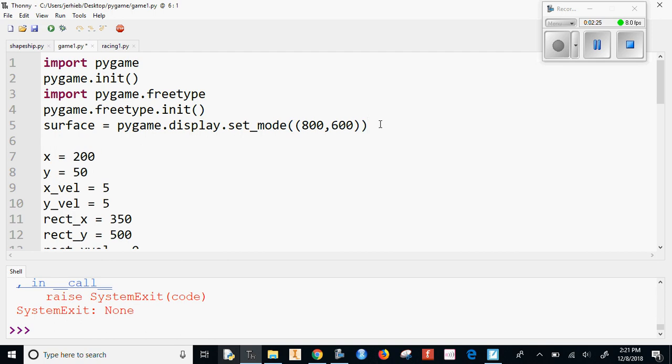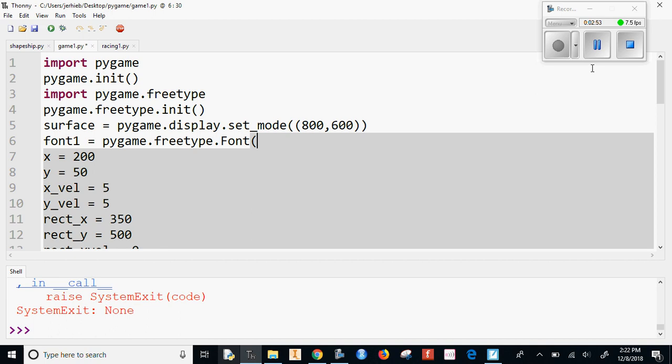And then we need to load in the data. So we can call it font1 is equal to pygame.freetype.Font,